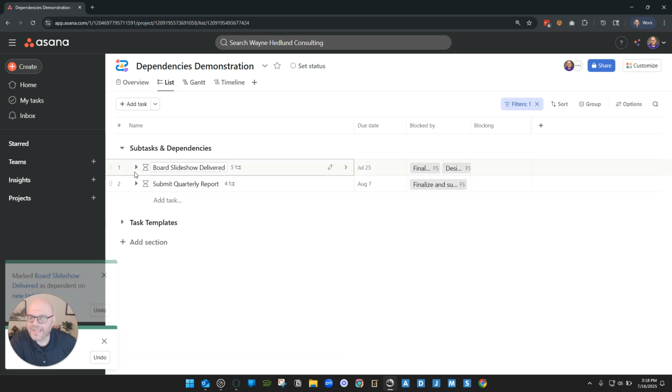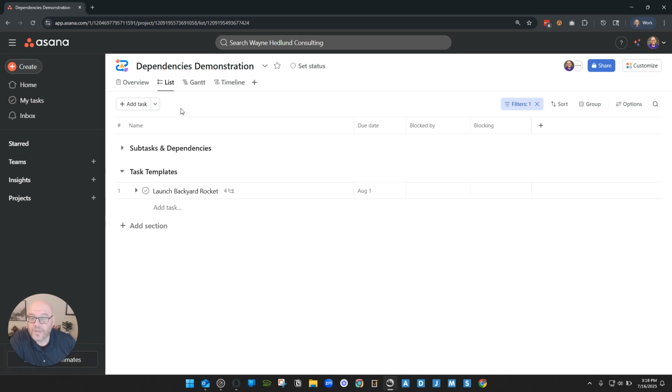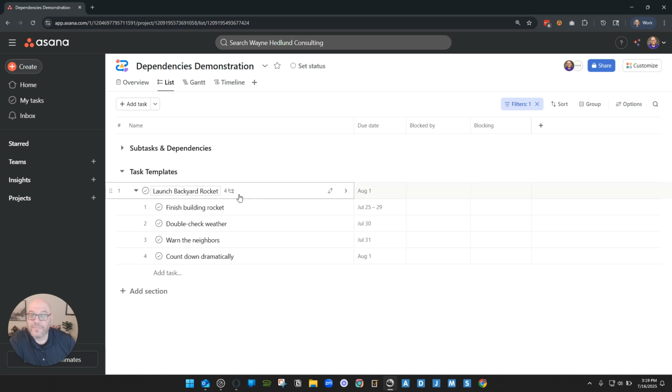So with that in mind, let's combine this now with task templates. And this is, in my opinion, one of the coolest things that we can do. So here we have launch backyard rocket, right? I'm going to show you how to convert this into a task template and then how to use it over and over and over again, and set it up in a meaningful way when it comes to